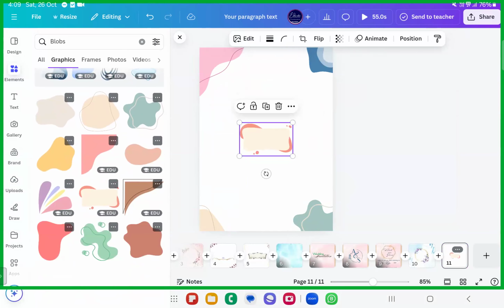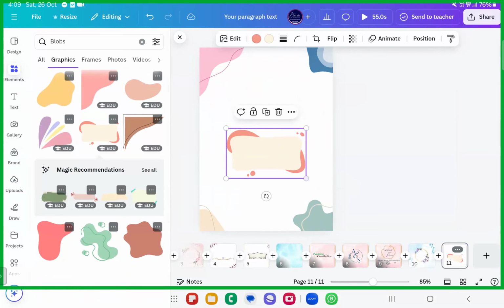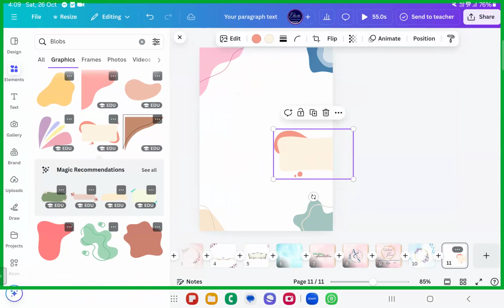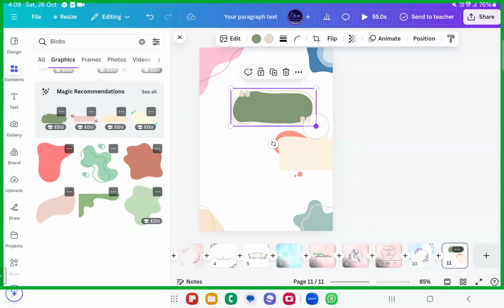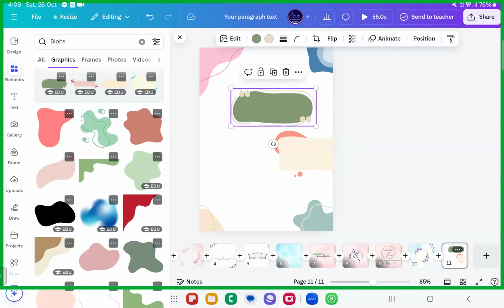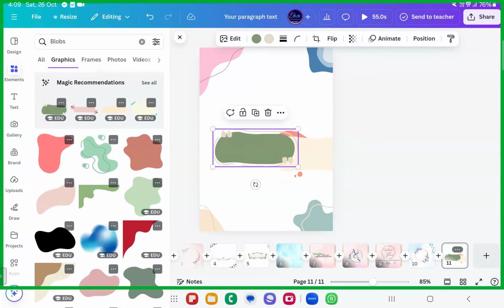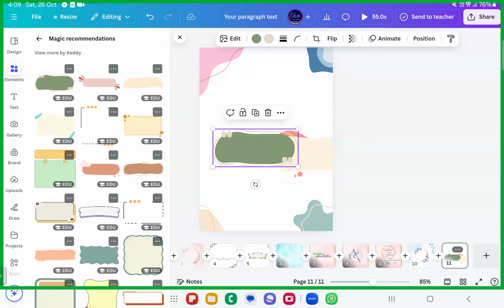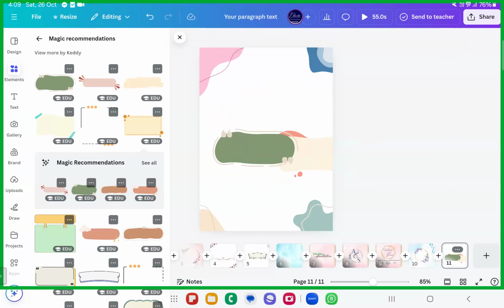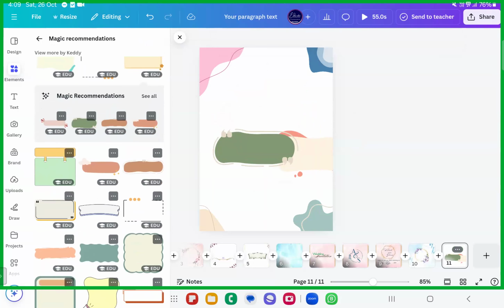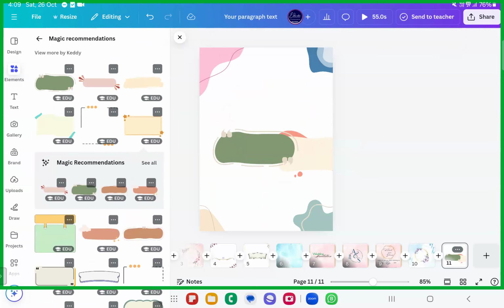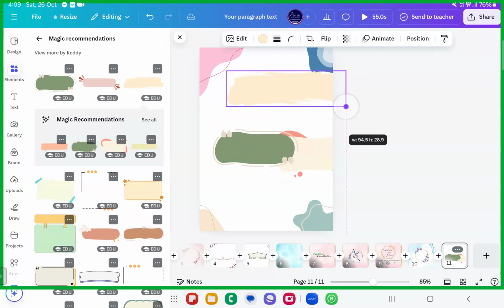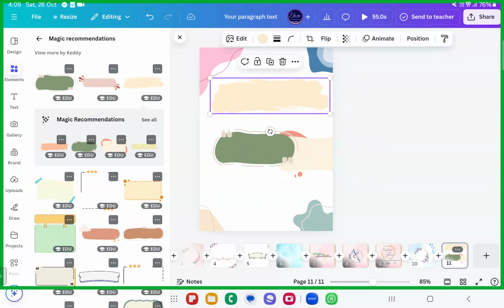It's all up to you. Something like this, if you can add here and there. Venue, if you want, you'll write it here. And if you want quotes to be written, you can add them inside this. If you want more stuff, you can just click here and add more to this. These are called blobs. Hopefully you have understood. Blobs are irregular shapes. These are something called strokes, brush strokes.